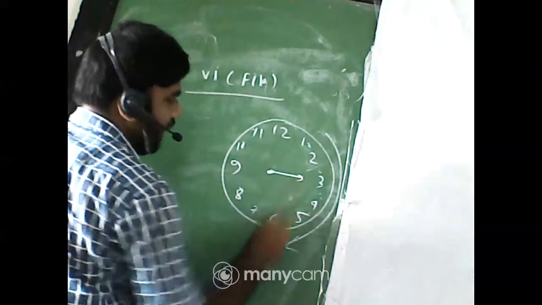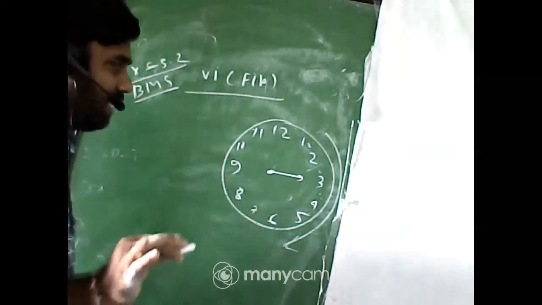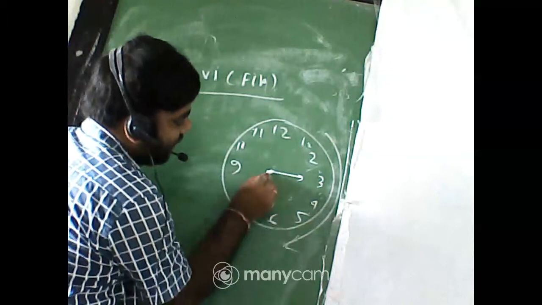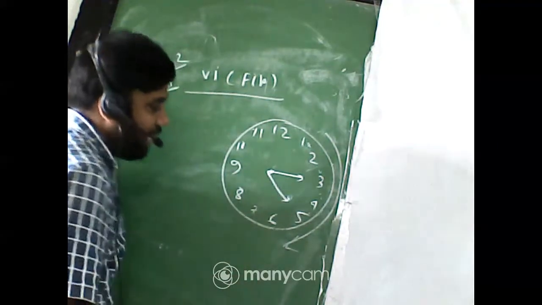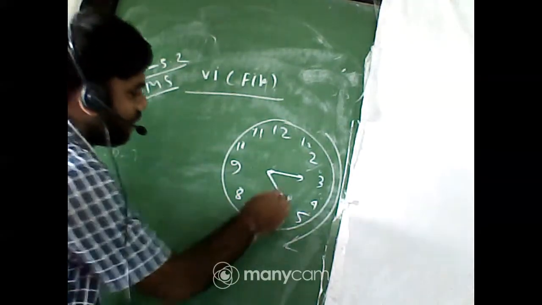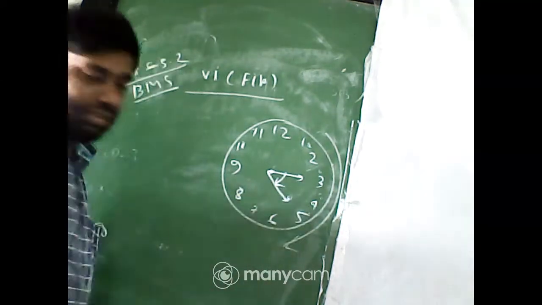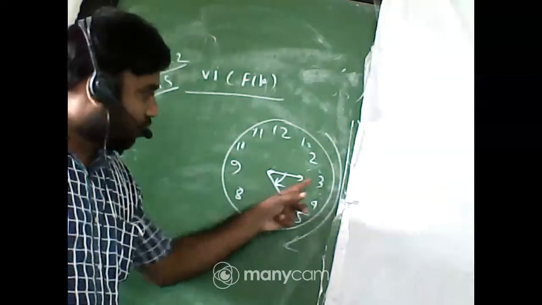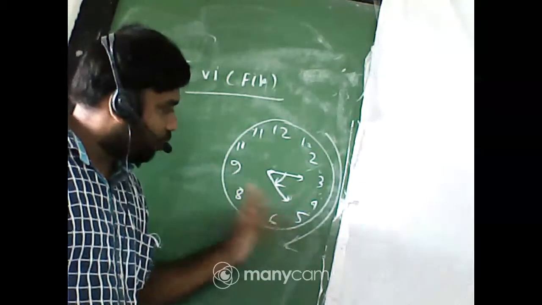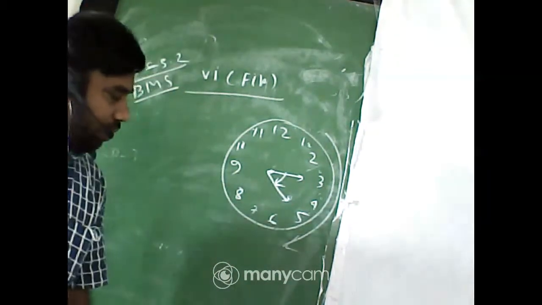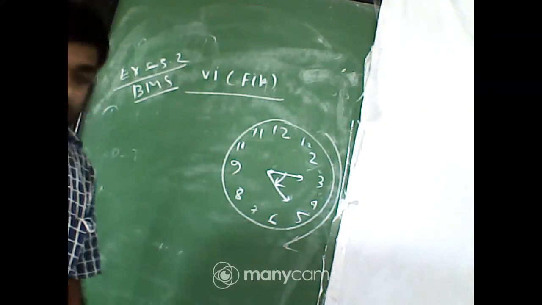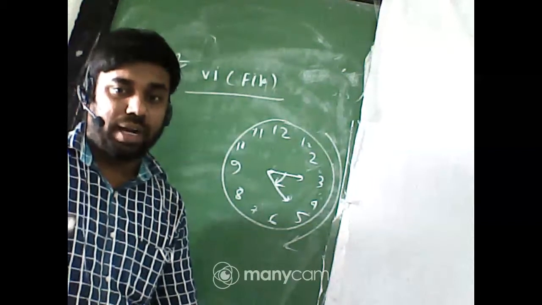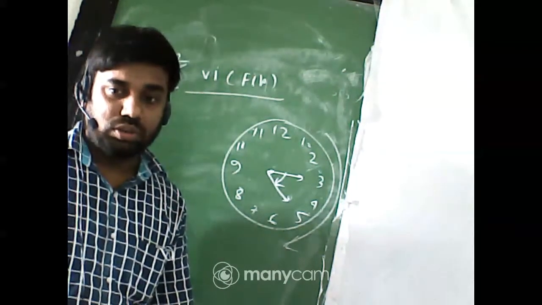Initially at 3. Initially our hand is at 3, and now it is at 5. So what angle does it make in the clockwise direction? Tell me quickly, Joita. First at 3, then it moves up to 5. How much angle does it form in the clockwise direction?